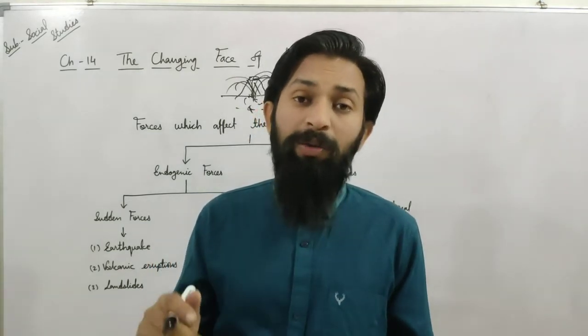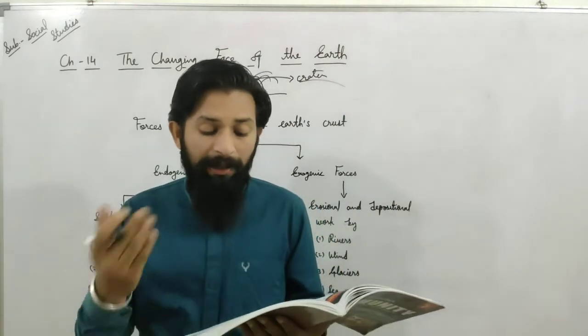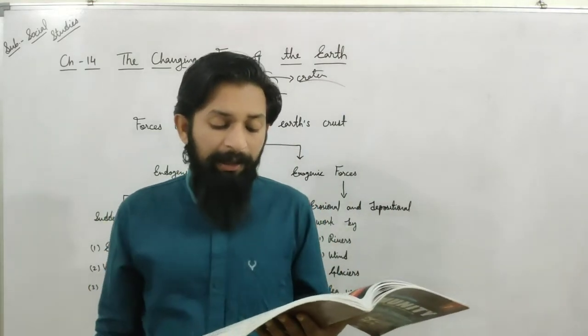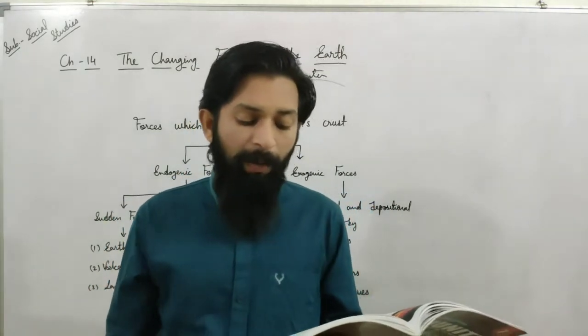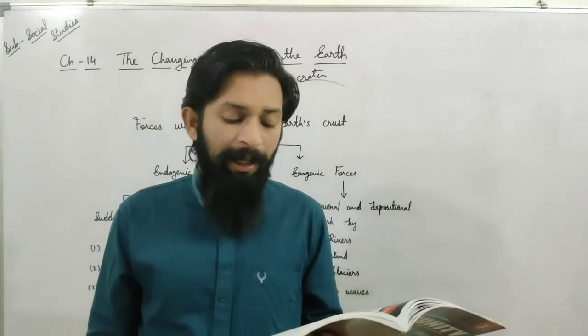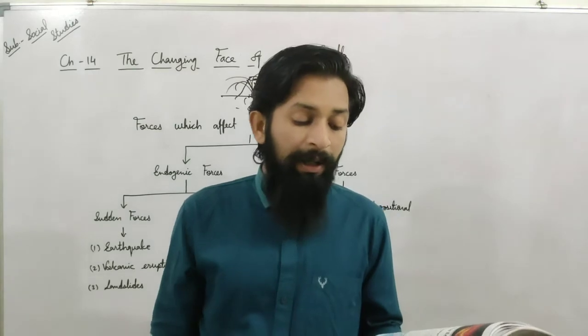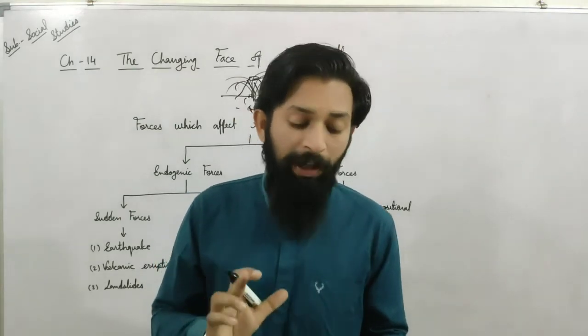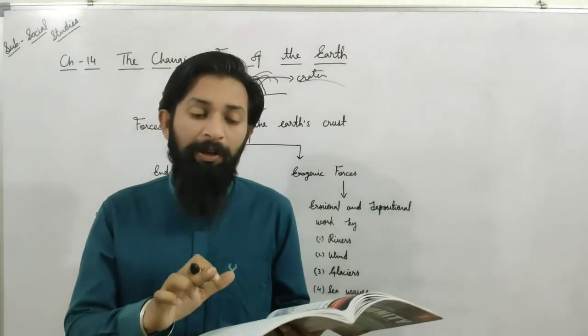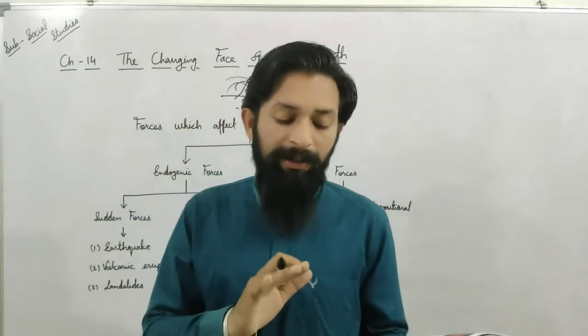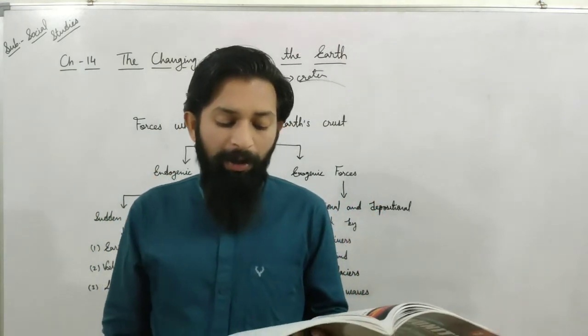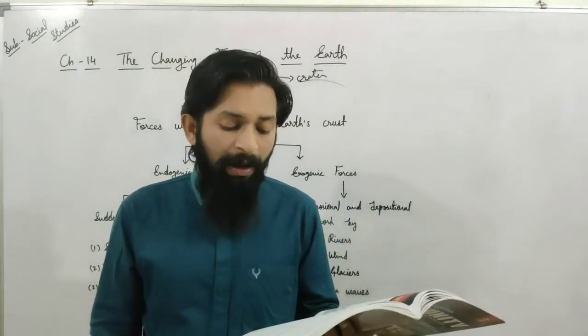Means they can erupt at any time. Stromboli and Mount Etna in Italy are good examples of active volcanoes. After that, dormant volcanoes. Dear students, about types of volcano, once again I remind you: active volcano, the first one, already discussed, Mount Etna, Stromboli. And now dormant volcano means volcanoes that have become quiet after erupting.